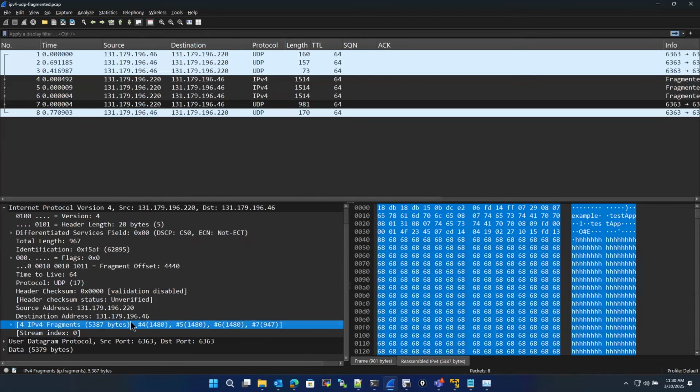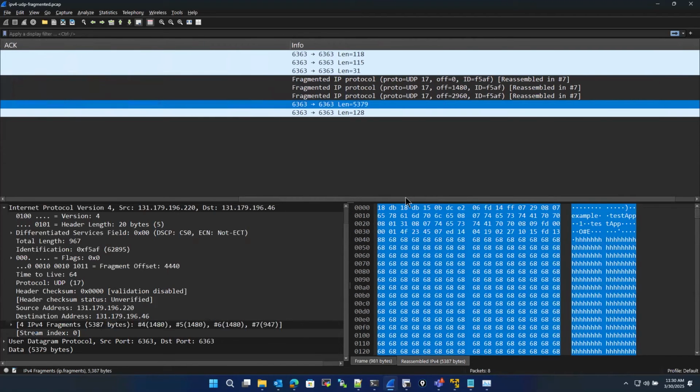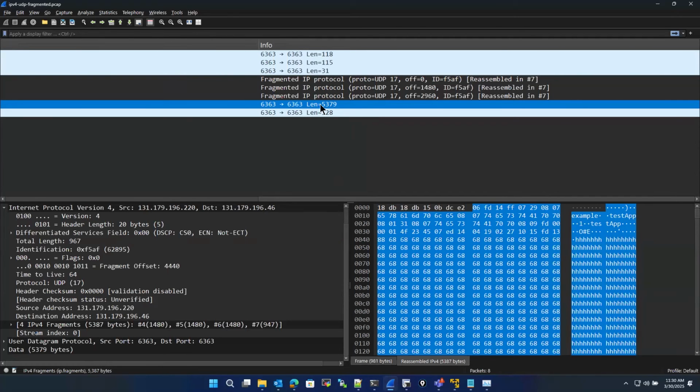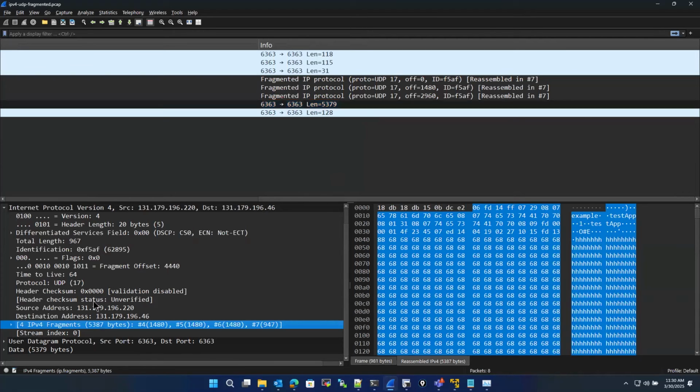Right over here, you can see all your fragmented packets. As I said, if you calculate, you will get the whole data that you have sent. Also you can make use of this field. I generally use the length field here. It gives you the number of payload bytes, 5,379. So you can go to the corner of this capture and you can see the length of the packet. And if you see this particular packet, what we are looking at here,